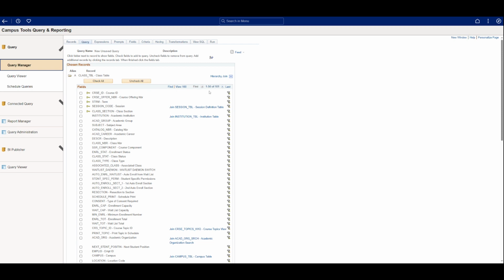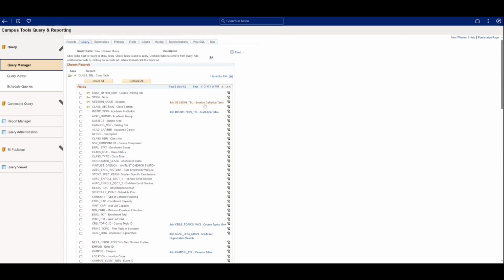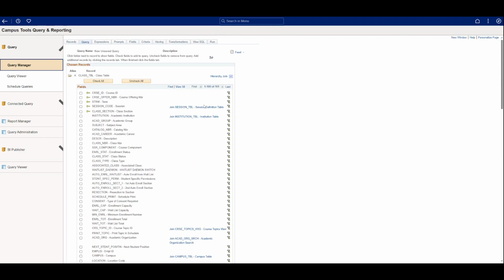So the class table is here. We see that there are a total of 101 columns or fields. You can view up to 100 for each page, and then click on the next page or last to see what else is available. But in any case, let's go back to the first page,